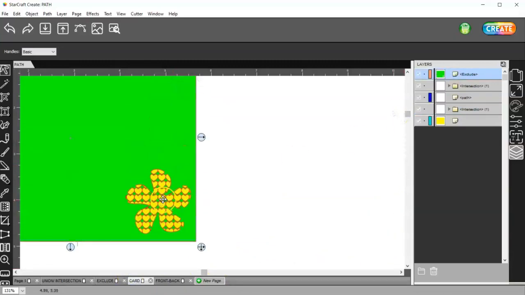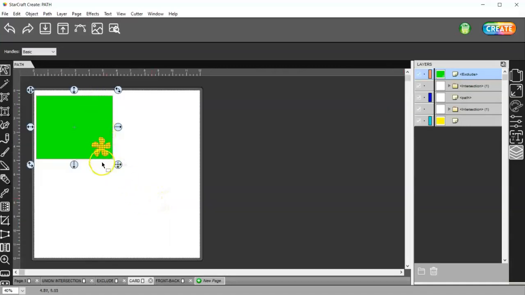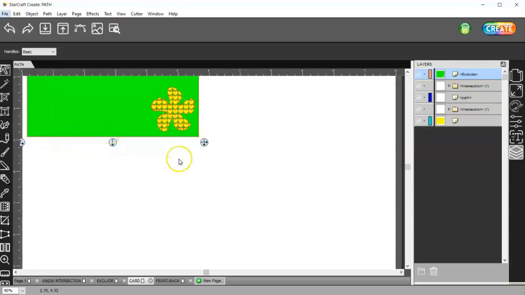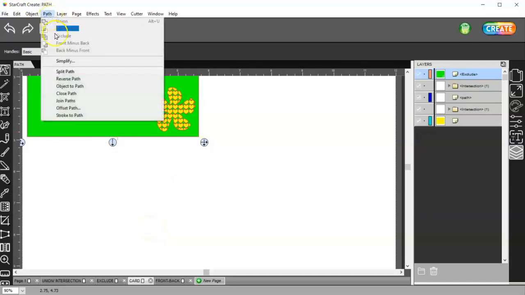So if I say this is the front of the card and it folds right here, and I have a piece of yellow cardstock glued to the back side of this green, then that's one way that you could use that, okay? And then we have front minus back and back minus front,